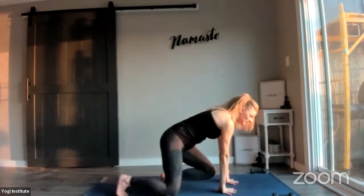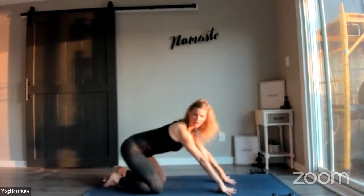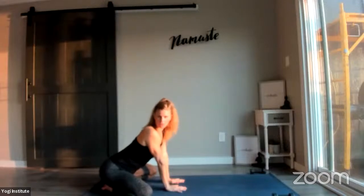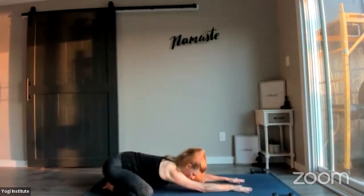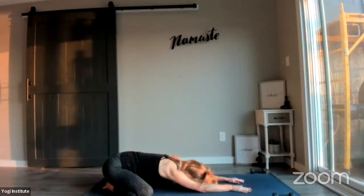So we are going to start today's practice in a child's pose. Put your weights at the top of your mat, come to the back of your mat, big toes come to touch, knees come out as wide as feels comfortable in your body, sinking your hips back, starting to walk your fingers forward, letting your forehead rest down, pressing the tailbone back, lengthening the crown of the head forward,